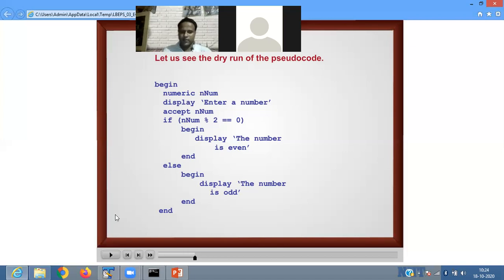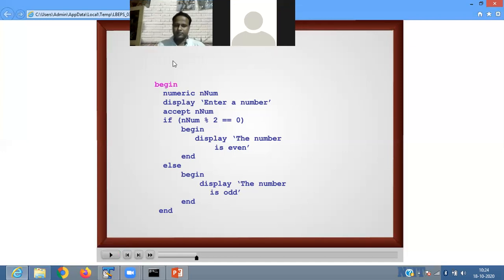Now check here, we have to define the variable. Begin, numeric n num, we define a memory location here.